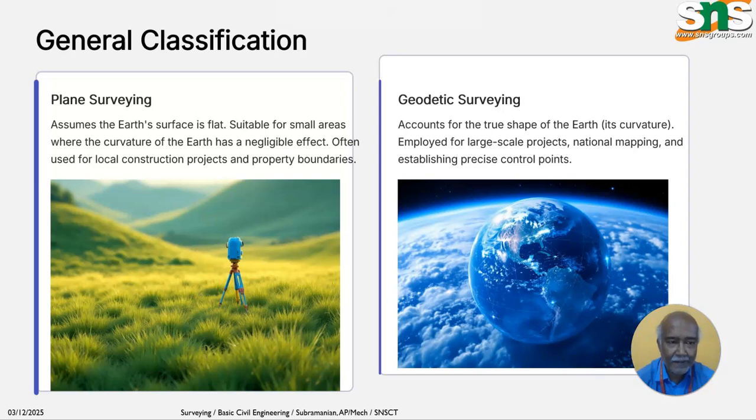We say plane surveying and geodetic surveying. Plane surveying is assuming the earth's flat surface. It must be a flat surface; whether the mountains or any hikes or bumps or underground can be leveled, can we level it or not. And in geodetic surveying, you must see whether it is suitable for national mapping, whether the building can be constructed, and whether it can be approached or not. So whatever is beneath the earth's surface, whatever can be obtained, and it can be made precise, the control points also.